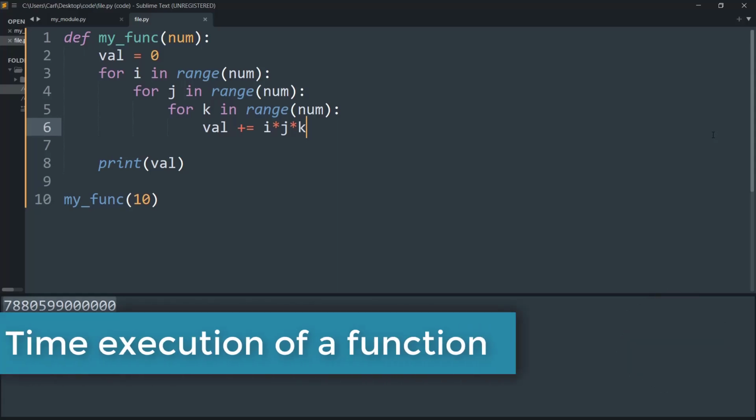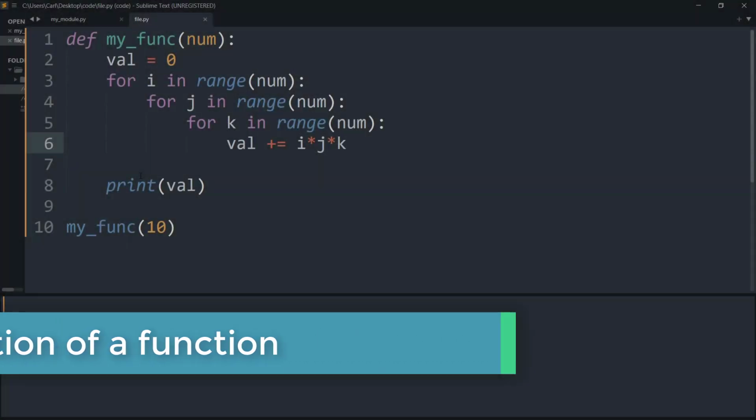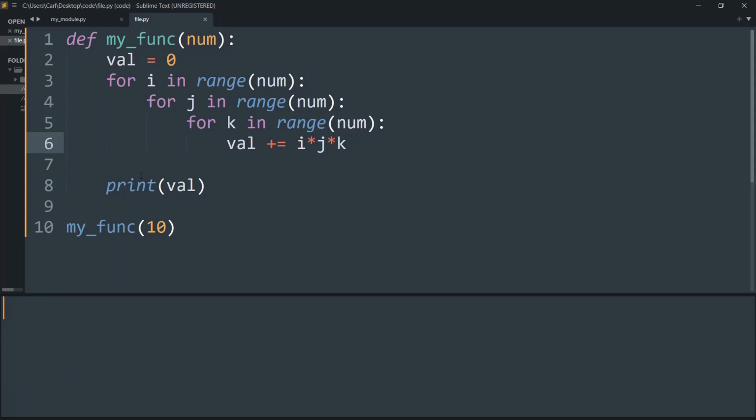In this video, we will learn to find the execution time of a function in Python. So basically, to understand how this works, I've created a simple function that takes in a number and loops over the number 3 times, using nested for loops, and simply adds that value and prints it. If you know what time complexity is, it performs O(n^3), since there are n loops nested over each other, and n is the size of the number that I'm giving